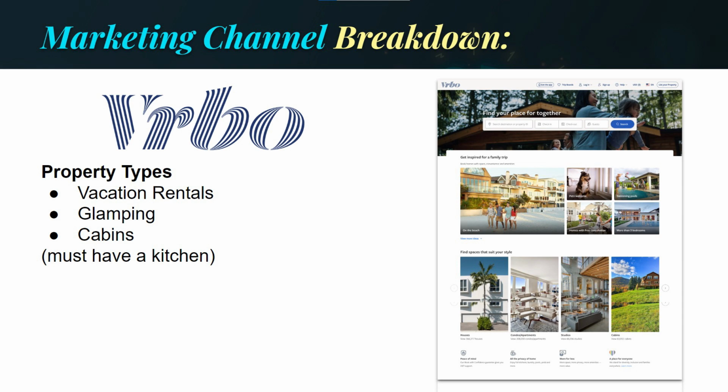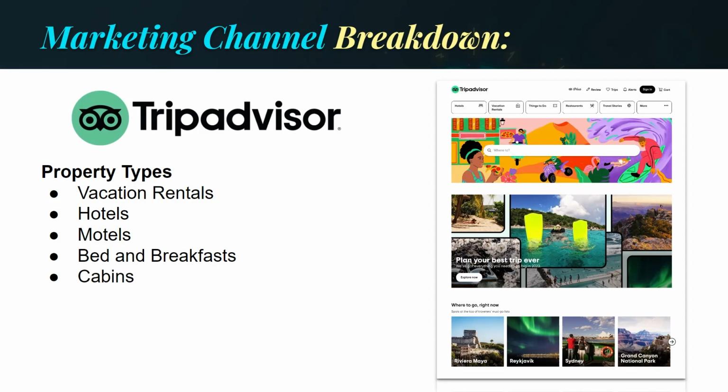Now to Tripadvisor. Now again, Tripadvisor is primarily a meta-search site. Travelers use it to learn about new places to stay and to check on reviews and other things to do. When someone makes a booking, they usually do so by clicking one of their links to a different OTA like Expedia or Booking.com, or to book directly with you. You can find most types of accommodation on Tripadvisor, but they don't really do tent or RV sites.